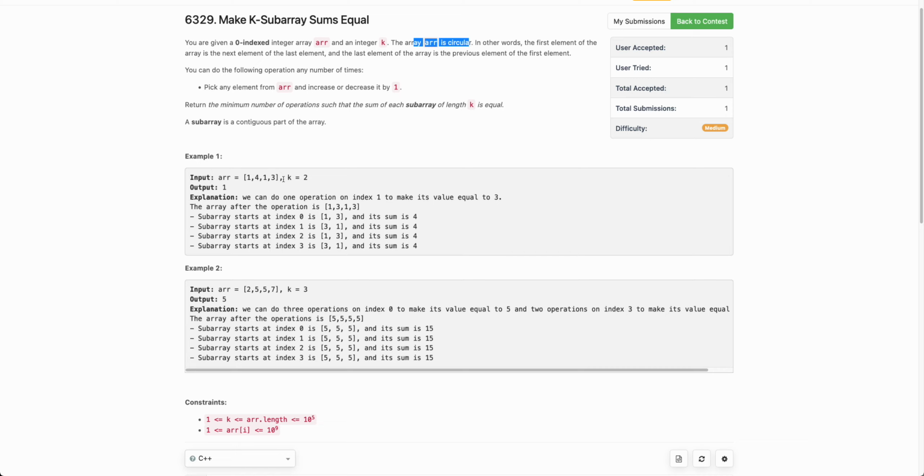It means that let's say the array is 1 4 1 3. So the next element of 3 would be the first element, which is 1. And similarly, the previous element of 1 is 3, right? So the array is circular. Now you can perform the following operation any number of times. The operation is you pick any element from the array and increase or decrease it by 1. You need to return the minimum number of operations such that the sum of each subarray of length k